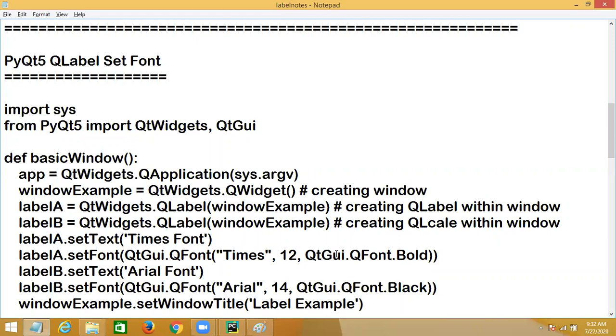All these are different properties. setFont requires a font object. How do you create a font object? By using QFont, which is available in QtGui.